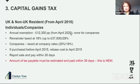Right. Now, you want to sell in the future. There is something called capital gains tax. The annual exemption, i.e. the tax-free amount every year for non-residents and resident selling, it's £12,300. Now, this is not specific to any country. Every person will get that. So if two people own a company, there will be 2 times £12,300 exempted from the calculation before you pay